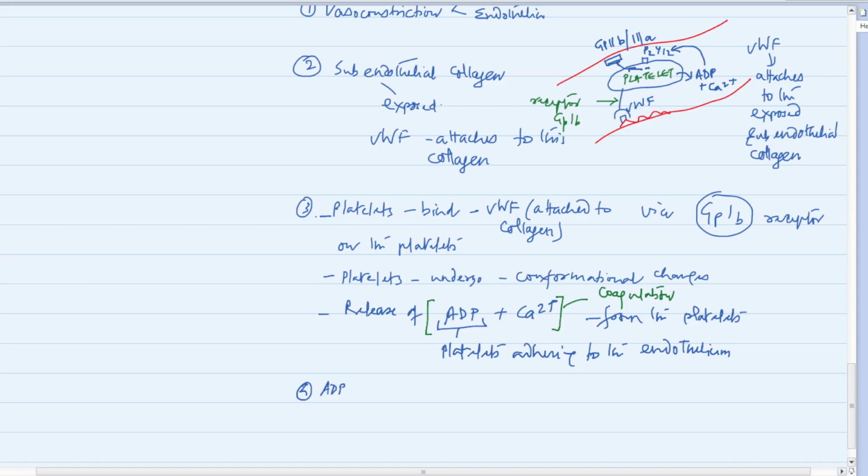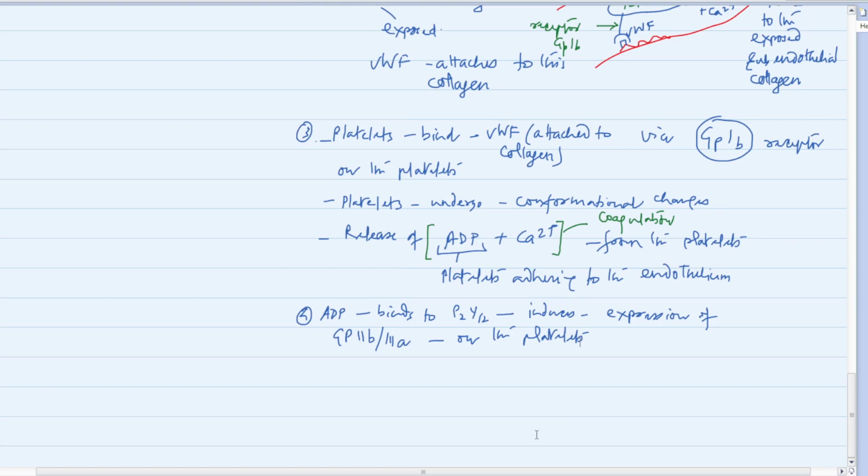This ADP, adenosine diphosphate, binds to P2Y12 receptor, and this induces expression of GP2B3A receptor on the platelets. Then what happens? So now we have got this platelet. It has got